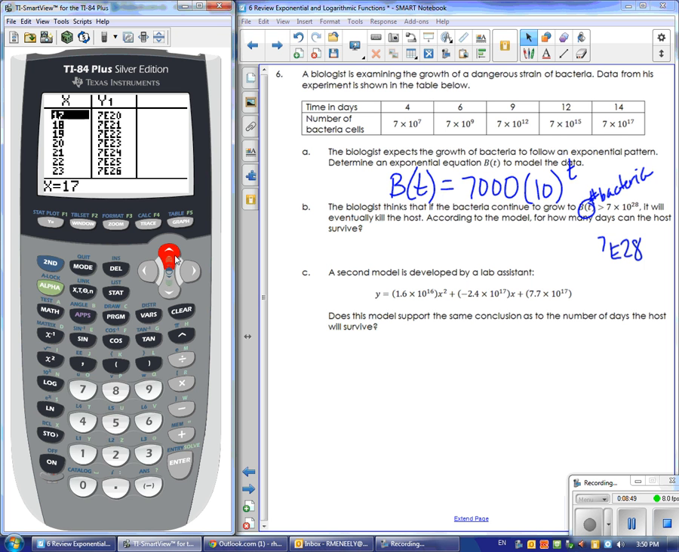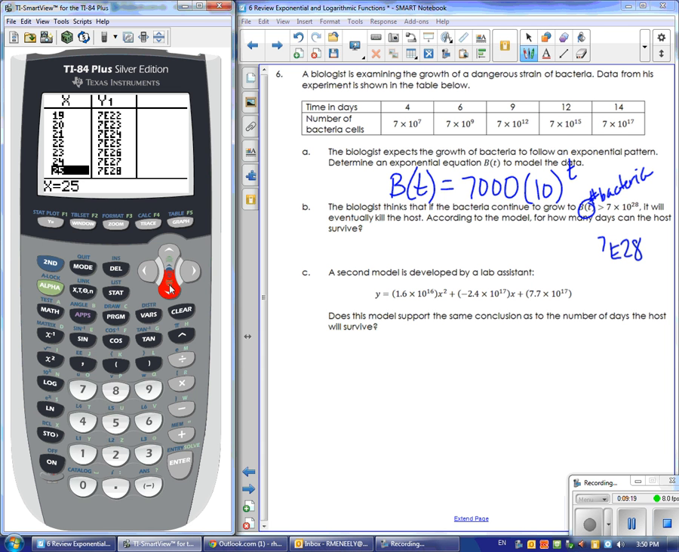I went too far. Sorry, my calculator has a little bit of a delay. And it'll keep going. All right, so I want to make it so I see 7E28. There we go. All right, so it takes 25 days for the bacteria to reach that value,